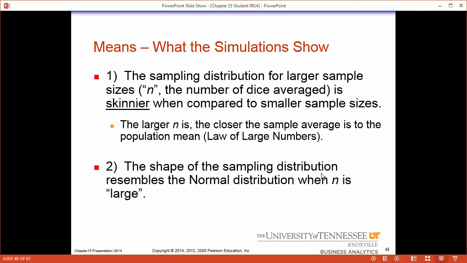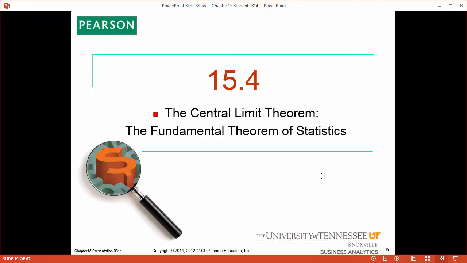So how is this going to equate to us? Well, what we're going to do here is we're going to use the normal distribution when n is large enough, because this is going to allow us to say that the distribution is going to get tighter and more normal.